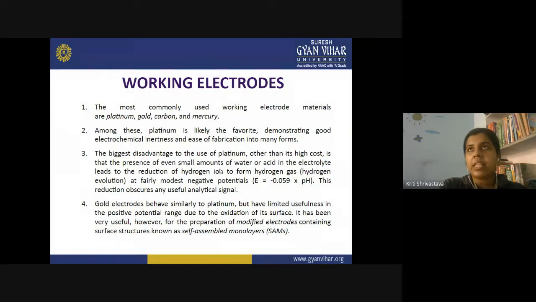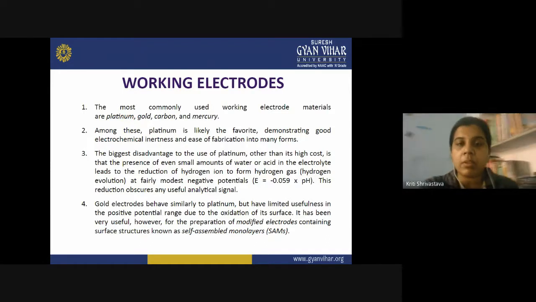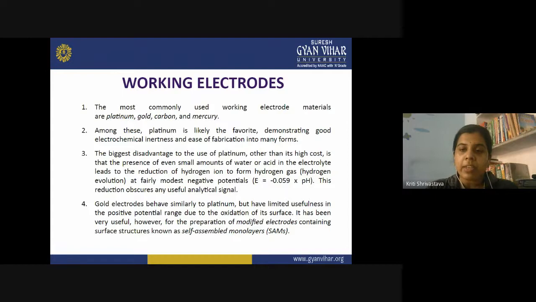Generally, the working electrode used is some sort of metal, because we know that metals are good conductors of electricity. So they actually enhance the electron transfer process on their surface, and we call it a metal electrode. The common metal electrodes can be prepared by using platinum, gold, and mercury. Nowadays, the use of carbon is very high, and it is increasing day by day. So these are some materials which can be used for the manufacture of your working electrode.